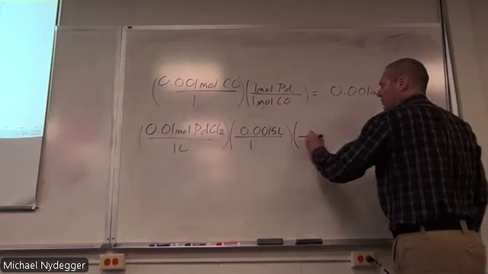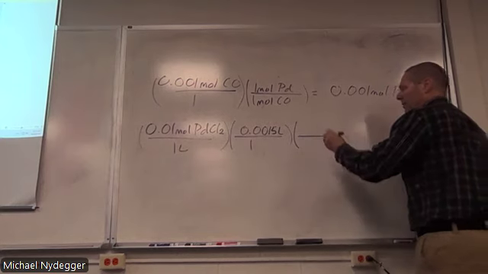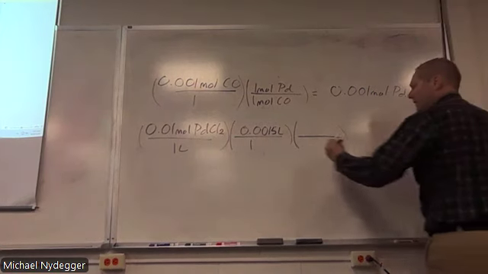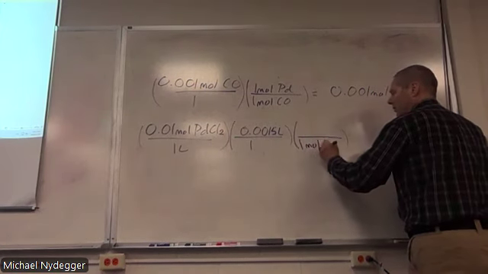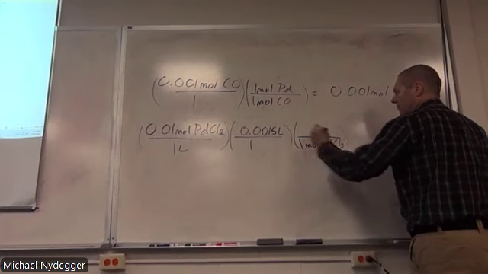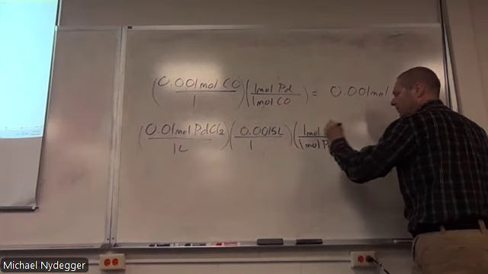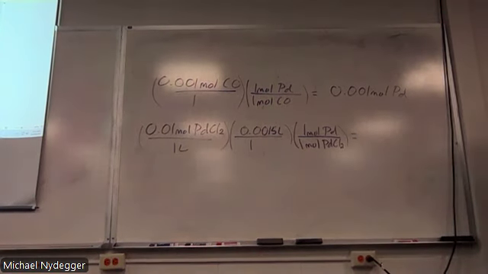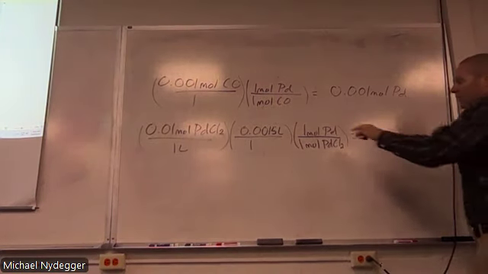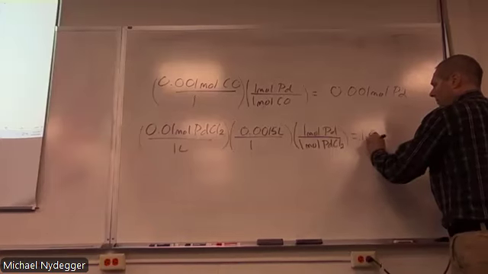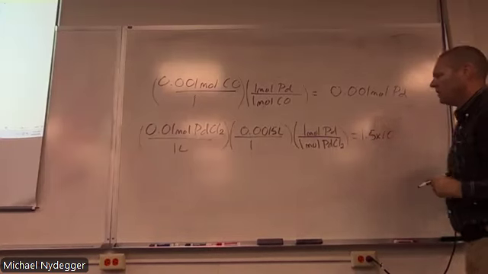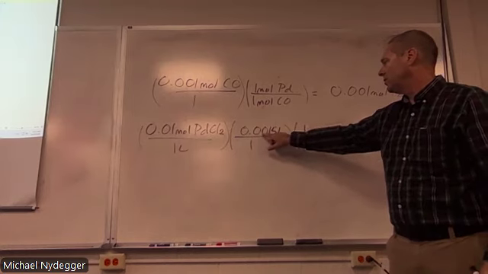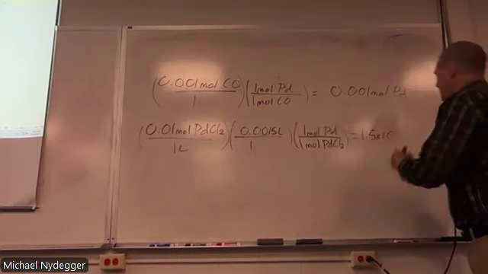That now gets us into moles of palladium chloride. For every, it's 1 to 1, isn't it? Yep. 1 mole palladium chloride is equivalent to 1 mole palladium. So what's that going to be? That's 1.5 times 10 to the minus 5